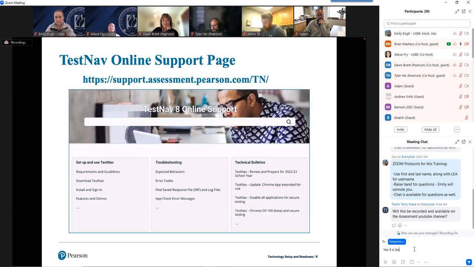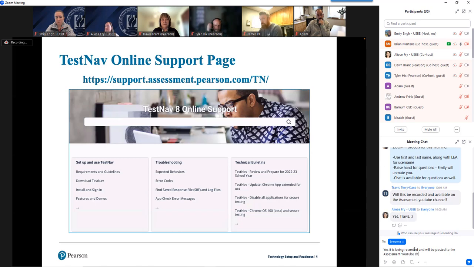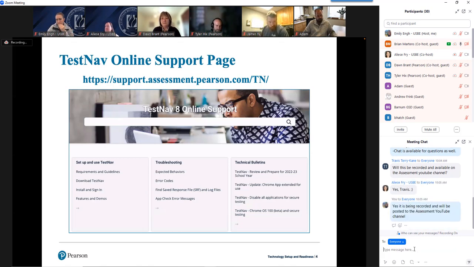But this is where all the online documentation is, how to set up and use TestNav on the various platforms, the requirements for both the network as well as TestNav itself, how to troubleshoot things, how to look at all the error codes, which we'll talk about later, how to get log files if you ever need to, as well as technical bulletins you can see here. So there's a ton of information that's covered on this site. You want to remember this so that you can not only know how to set things up if you need to look anything up in the documentation, as well as if you need to troubleshoot something.